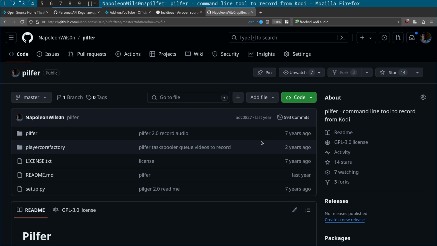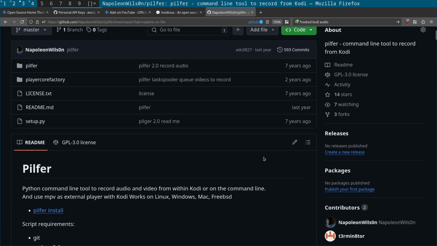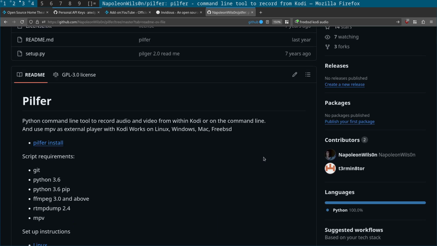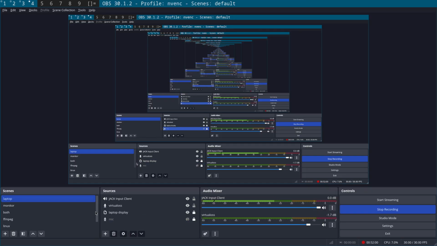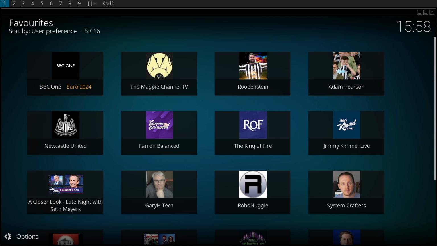So that's why we use this script and MPV, because MPV has support for HTTP headers, as I said, user agent, referrer, cookies, all that kind of stuff, whereas players like VLC don't. So that's why we use MPV. So that's the first method, using pilfer with MPV, and the second method was using, let me just actually,